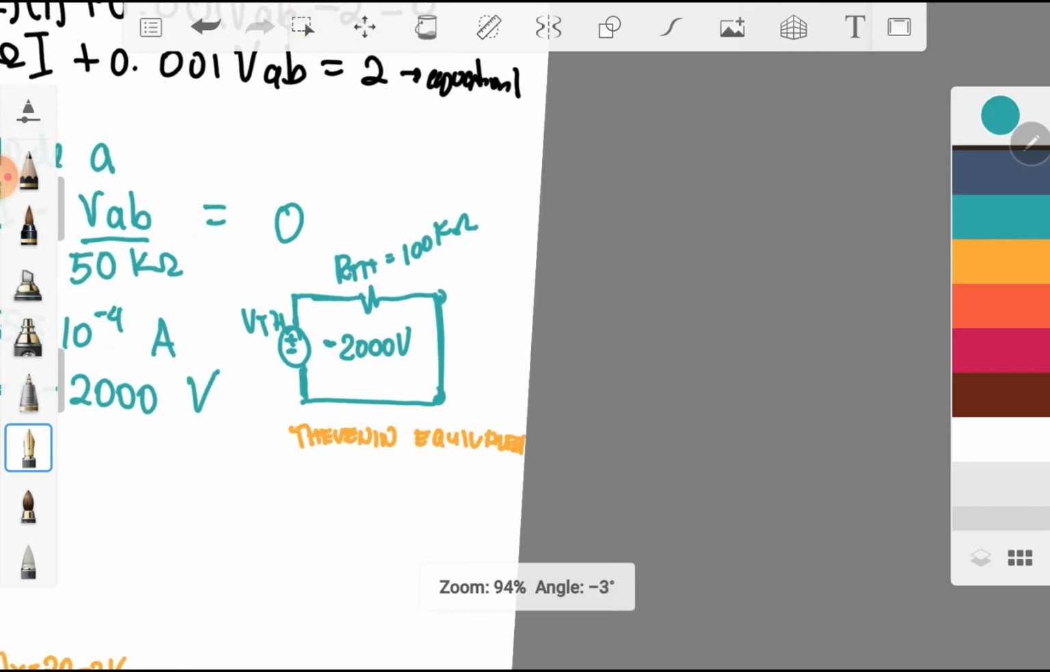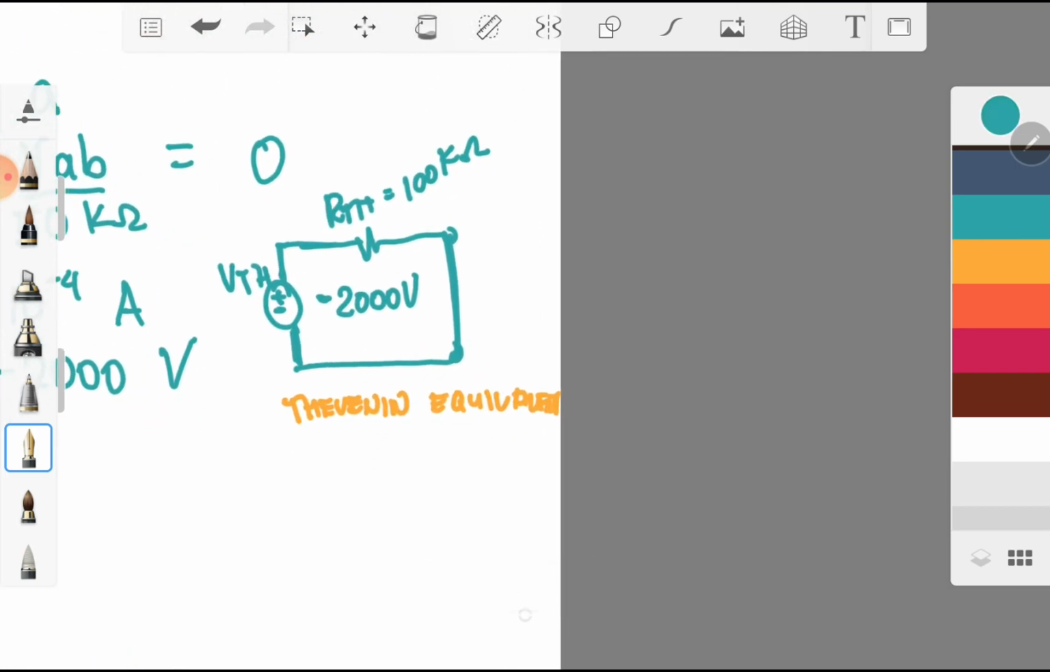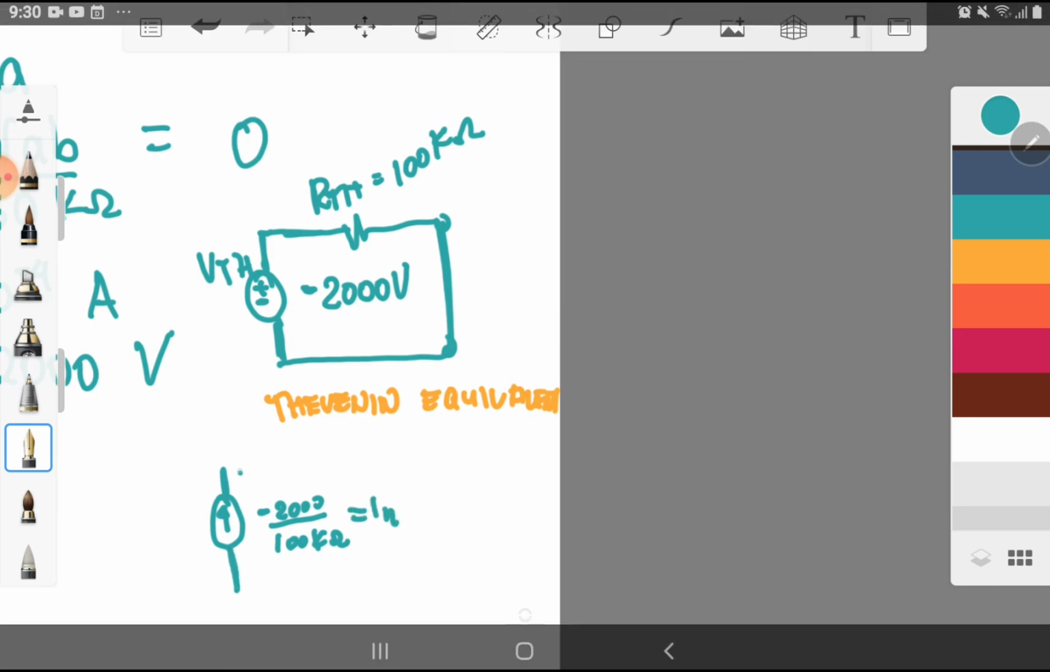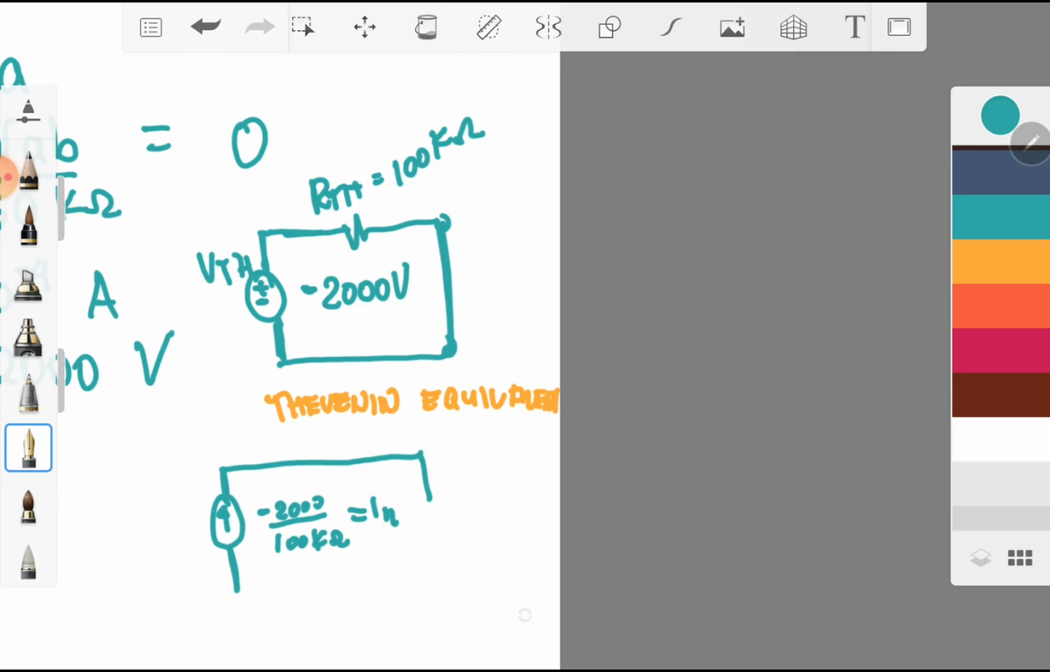So our Norton equivalent will be, this is your I going downwards because it is negative. But if you will act it as going upwards, therefore you will sustain the negative value. So negative 2000 divided by 100 kilo ohm, which is equal to your IN, in parallel with our 100 kilo ohm resistor,